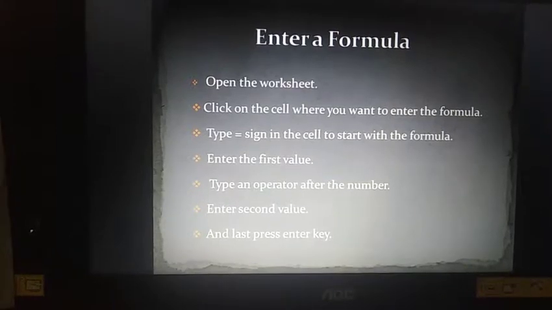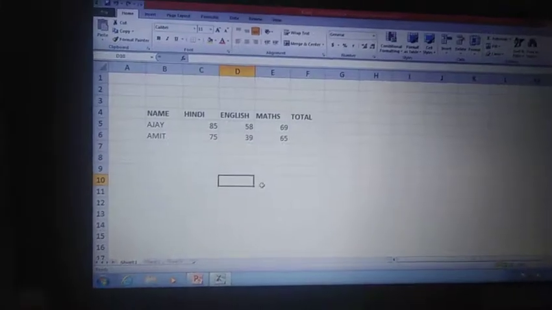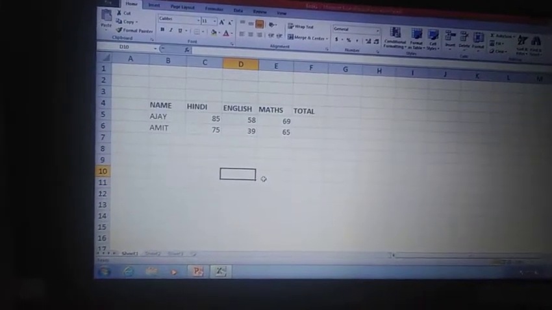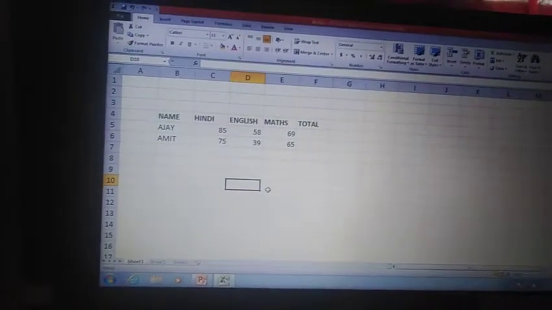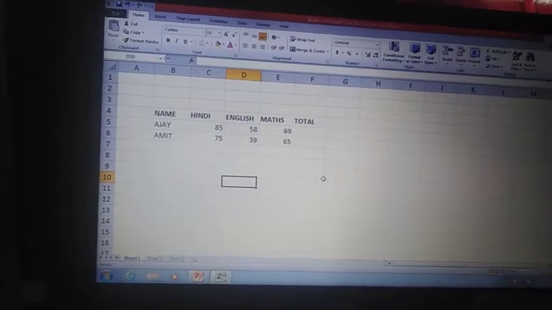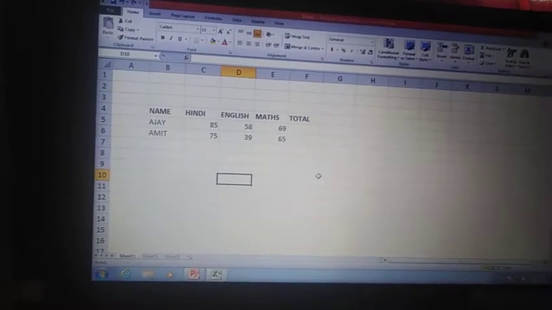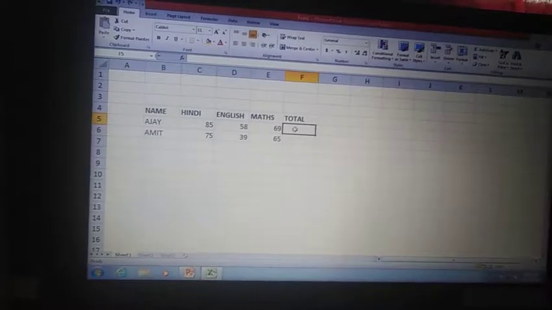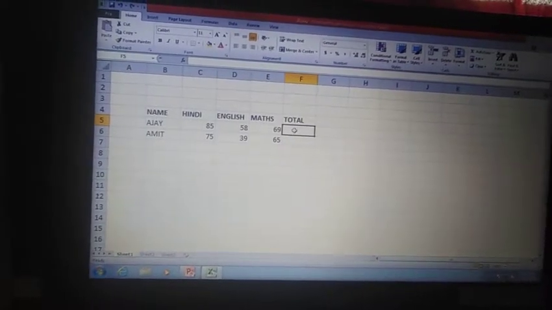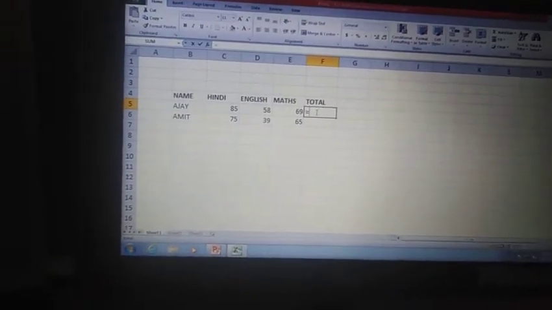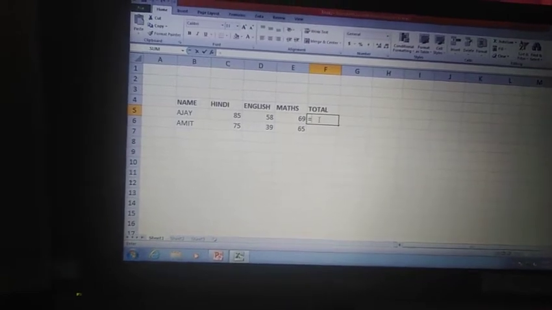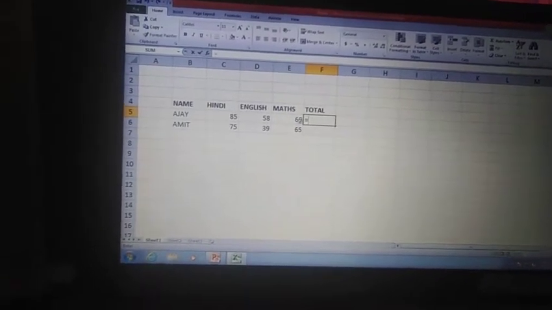Now do some practical. First, open the worksheet on which you want to apply a formula. That is already open. Click on the cell where you want to enter the formula. Type equal sign in the cell. Click the first cell or insert the first value.